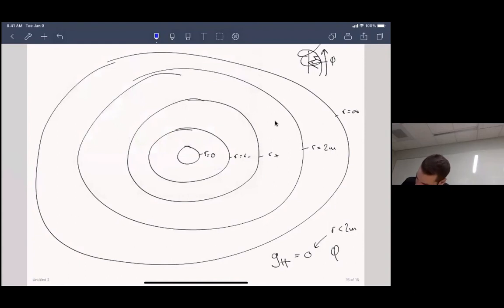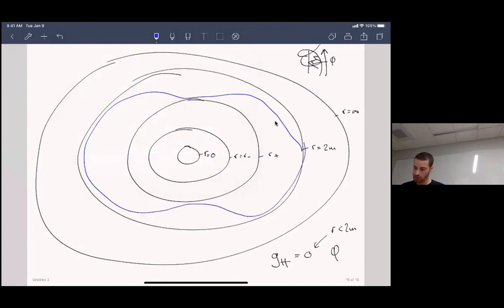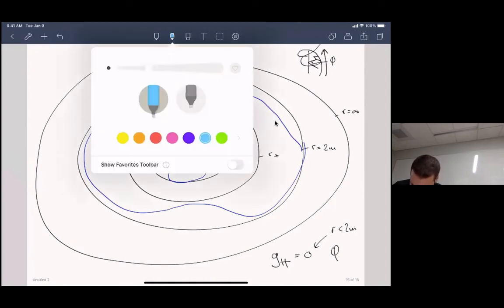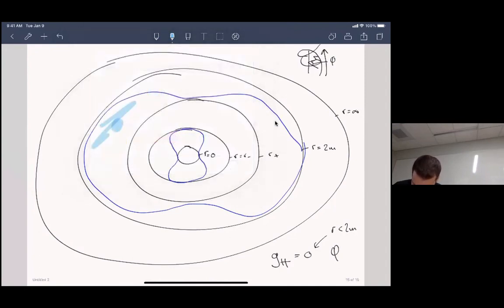Now, I have to get this right, but it turns out to look like this. Kind of comes in and out like a butterfly. And here it changes. So it's a butterfly, but it's been rotated. And then the blue picture, let's use a thicker version. The blue picture, the blue shaded region, is this